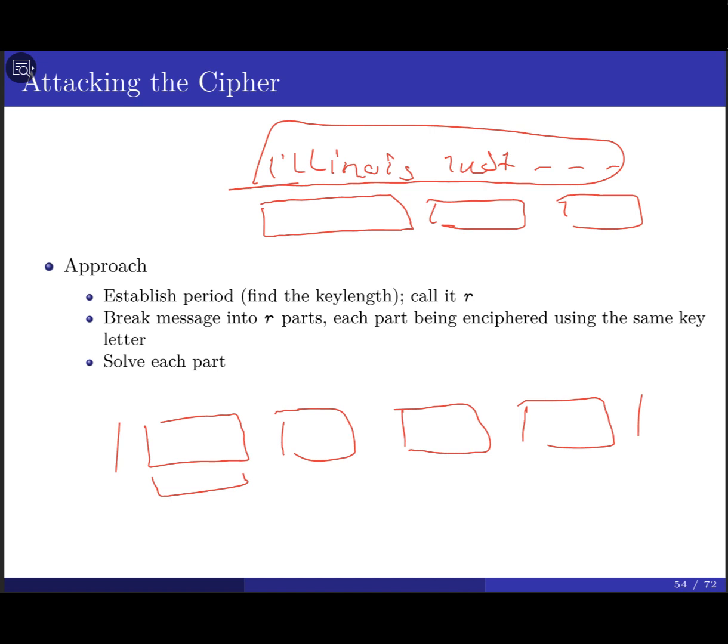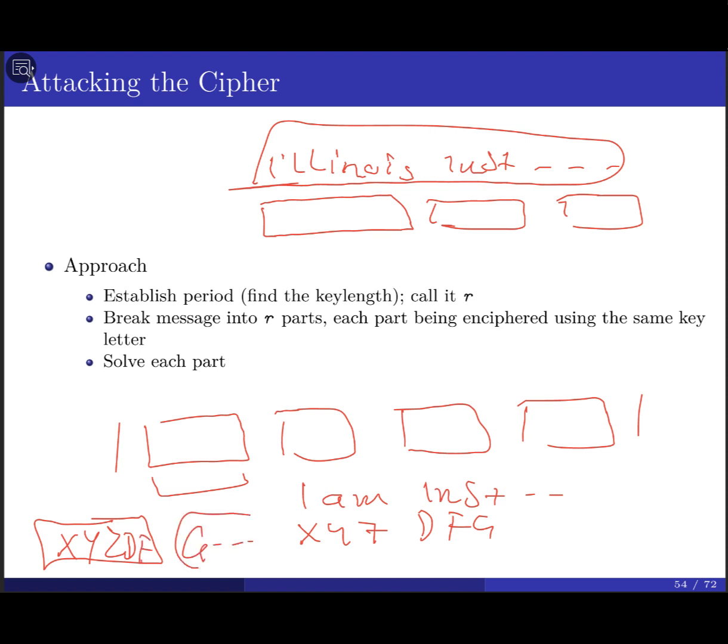Maybe it's going to be, for example, I am instructor, something like this. When I encrypt this one, X, Y, Z, D, F, G, then I'm going to produce the first block. I'm going to give you X, Y, Z, D, F, and the second block is going to be G, and so on. So you see that now you cannot use the word frequencies, because I try to hide the ciphertext or the plaintext. I try to make it harder for you to say, oh, it looks like this is 1 letter, this is 2 letters, and so on. But the text that they give you for the queries or ciphertext in the class activity is clear. You know that this is 1 letter, this is 2 letters, and so on. You can tell.